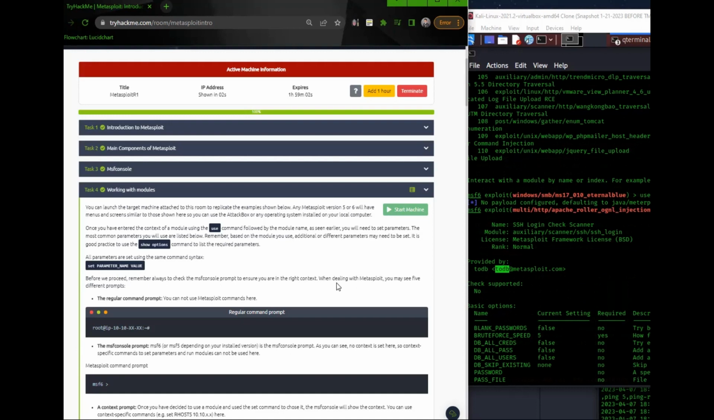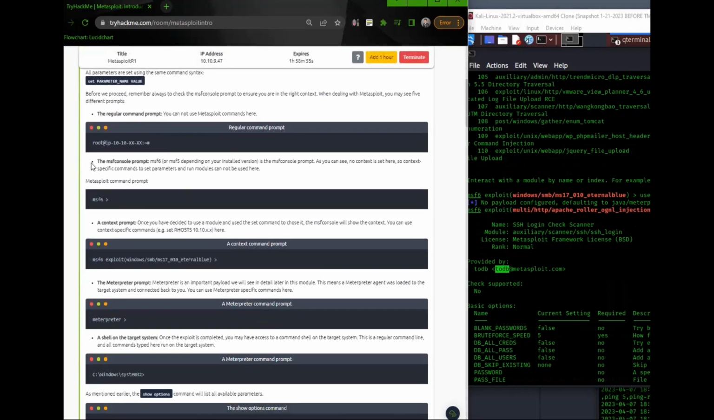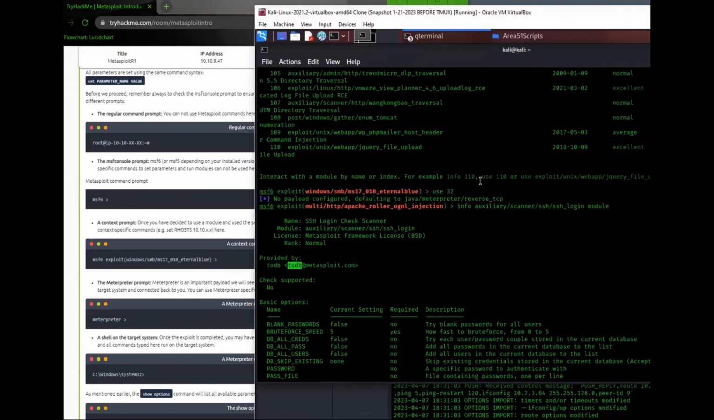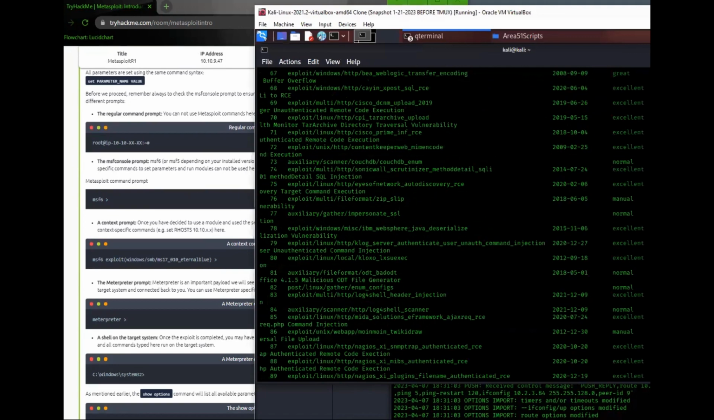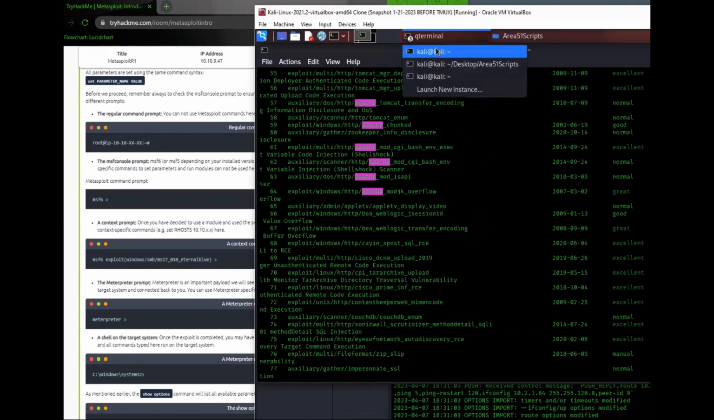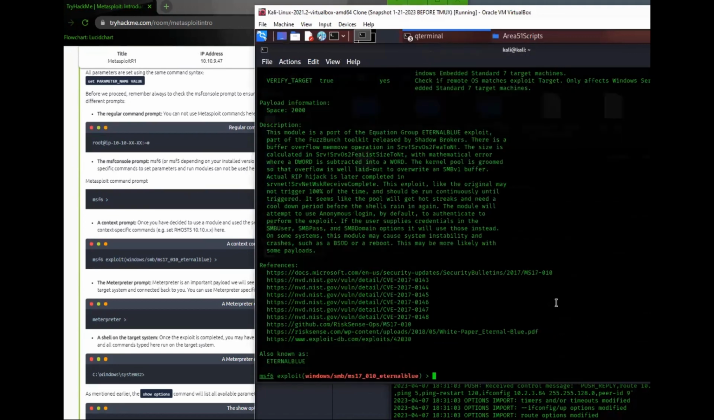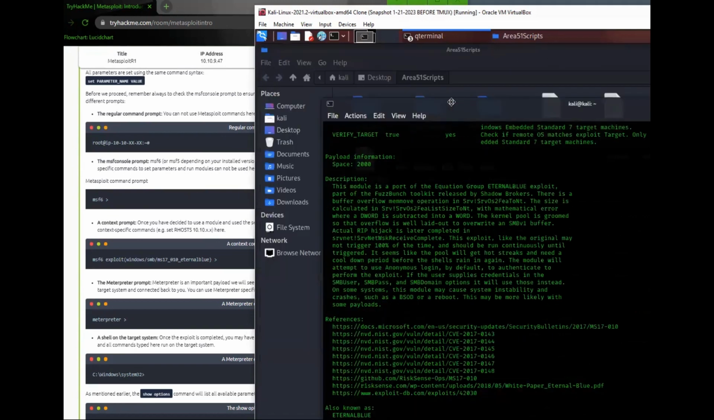When dealing with Metasploit, you may see 5 different prompts. So the regular command prompt, okay. So it's saying, hey, don't get lost, make sure you're using the Metasploit framework. Okay, sounds good. And we were just using this a second ago. Let me see if I still have that terminal open. I may have closed it. Nope, I still have it open. So we'll go ahead and